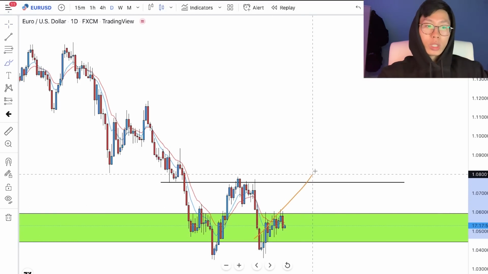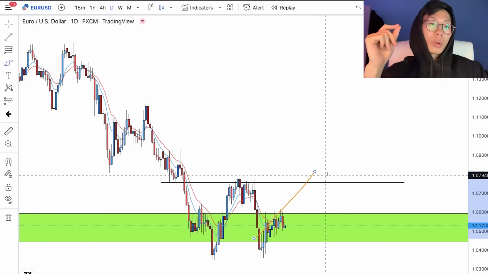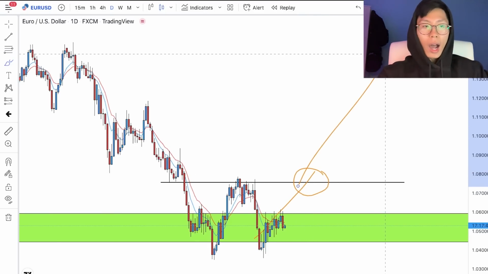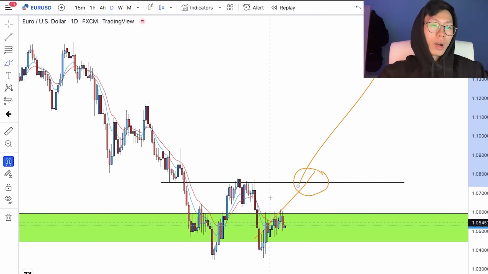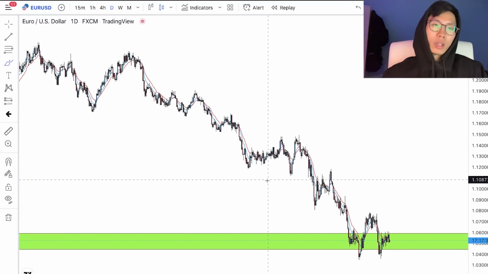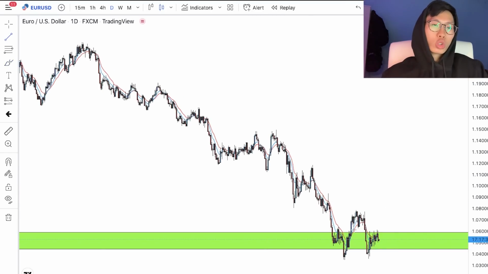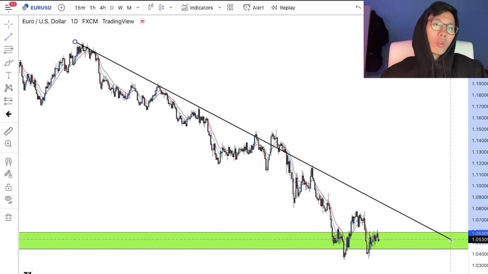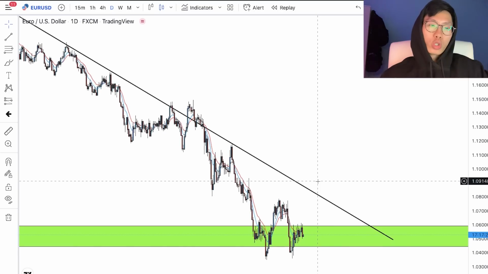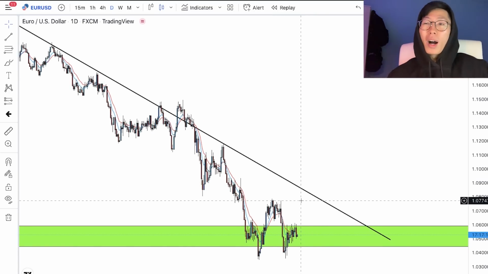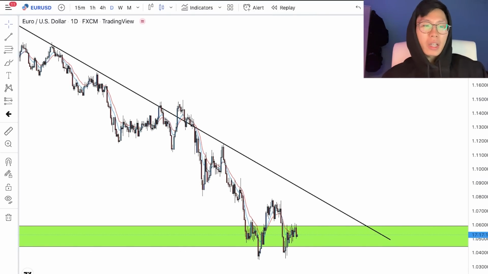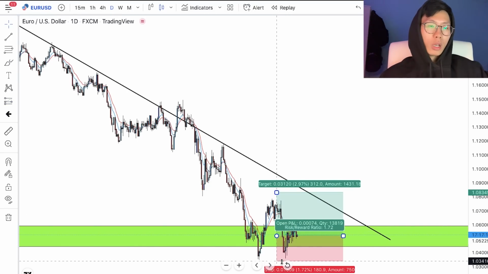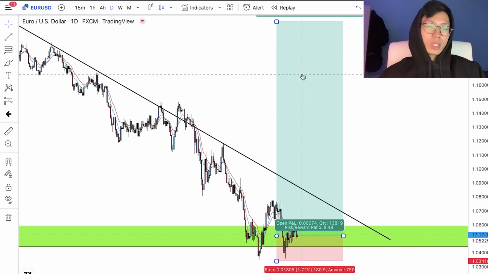Because if price breaks through this neckline, you will ideally want to enter for a buy somewhere around here and look to trade up, for buy positions, right? So yeah, you can see price has just been going in a straight downtrend. You can even utilize your trend line to draw a little trend line right here. So at this point in time, you should not be entering for a buy yet. I mean, if you want to get a sniper entry, you can get in for a buy somewhere around here. Stop loss, place it below here, take profit at the next key level or something.